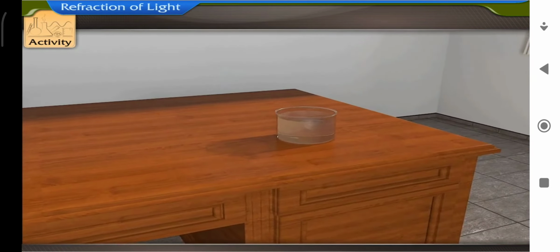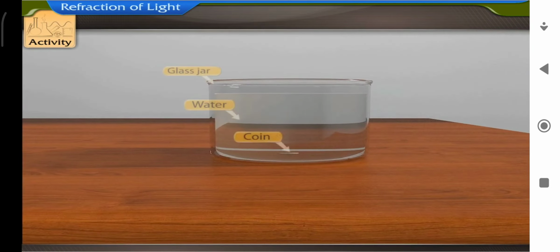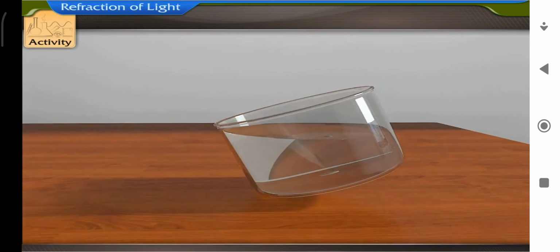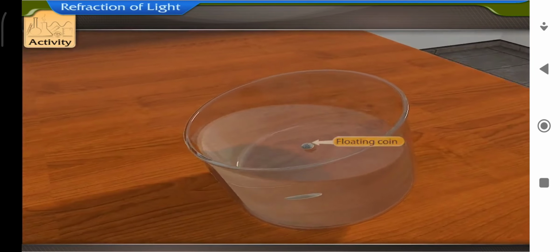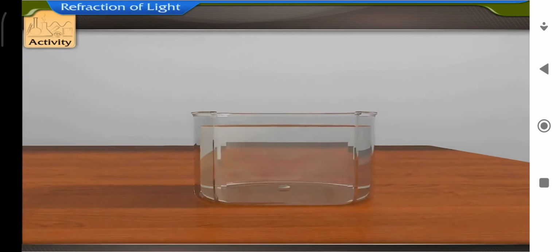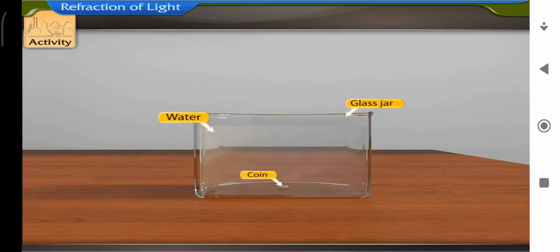Activity. Place a coin at the bottom of a glass jar containing water. Now tilt the jar suitably. When viewed from a suitable angle, the coin appears to be floating. Can you explain why? When you place a coin at the bottom of a glass jar, the rays of light